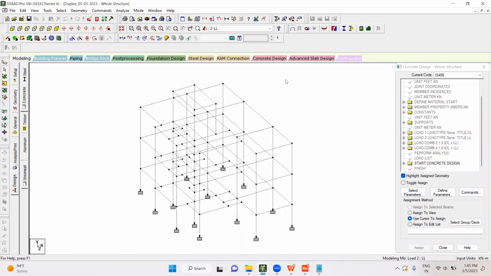The design remains the same. As long as the load is the same, why should there be a change in the design? Up to 500 kilonewtons load transferred to the foundation, the size would remain the same as long as the SBC is the same. If the SBC changes, the footing size will change, the thickness will change, the steel will change. Likewise, the commonly identified SBC of the soil would be like 15 tons per square meter, 20 tons per square meter, or 25 tons per square meter. These are very commonly identifiable SBCs that we experience in our day-to-day